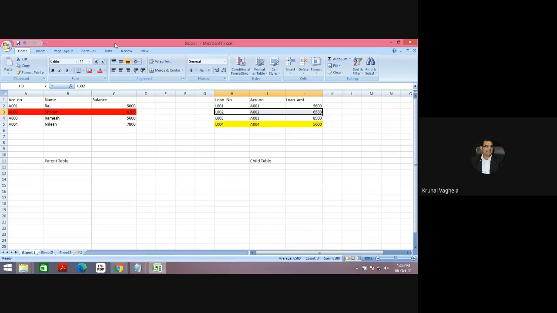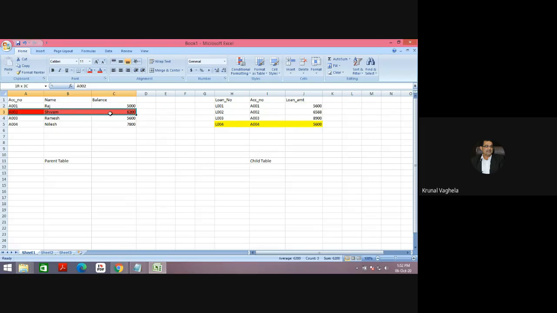But sometimes, if you want, when I delete from the parent table, all the corresponding entries from the child table also should get deleted automatically.